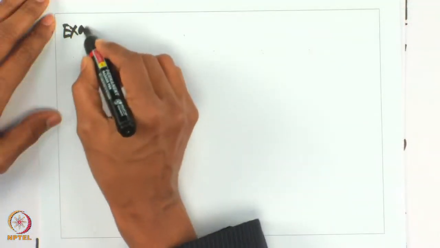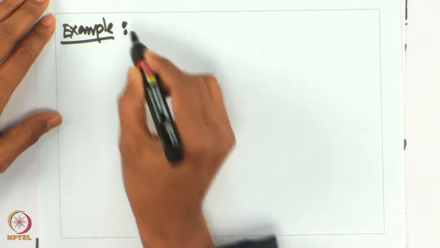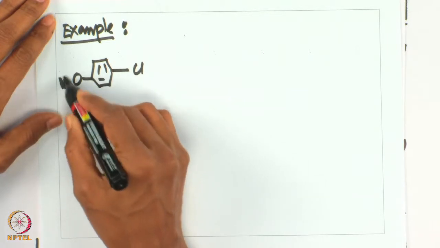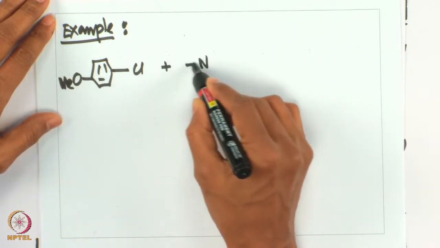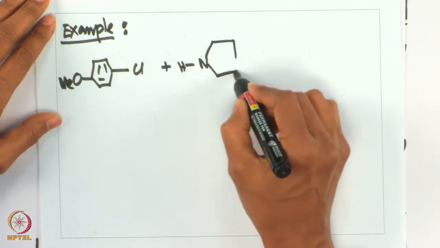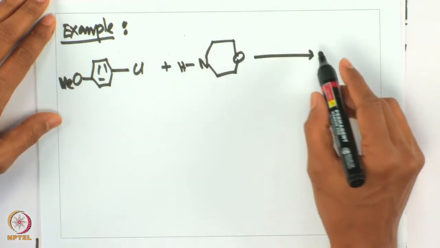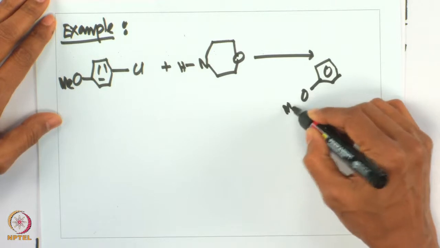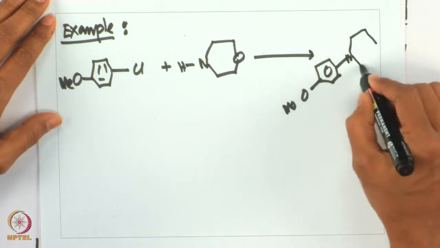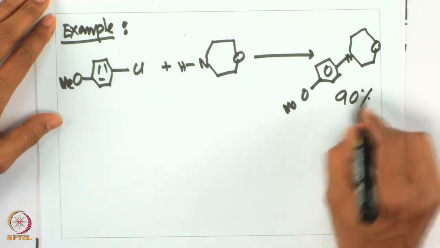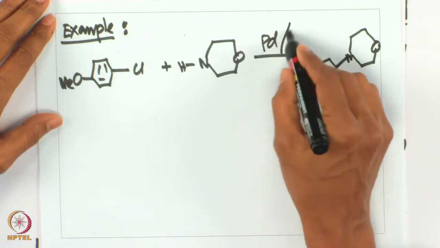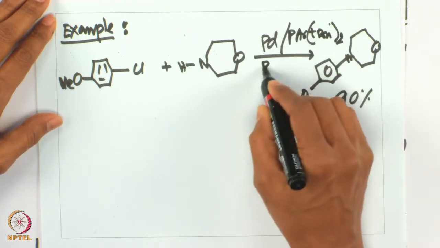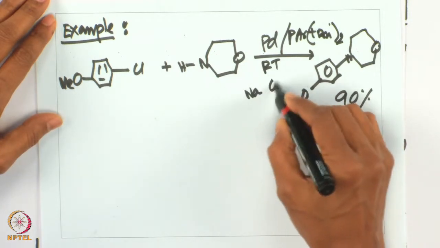So, one example, we will come back with more examples in due course. We have, for example, an aryl chloride, which of course is one of the most difficult substrates, as one would understand, and it reacts with morpholine. This is a pretty easy reaction for this sort of product formation. We have OMe and in this it is 90% yield, palladium is used and a phosphine, aryl di-tert-butyl. This is not really the best ligand, but for this reaction it works quite okay and it can be done